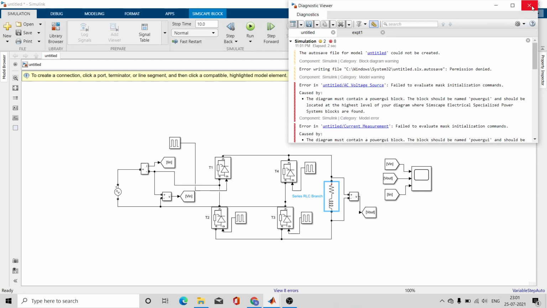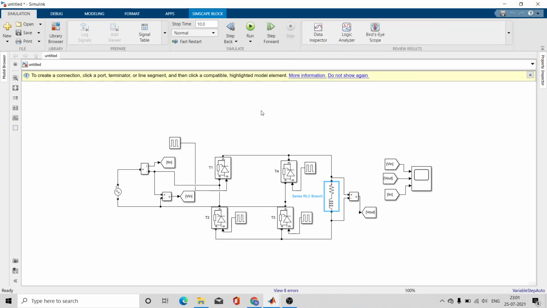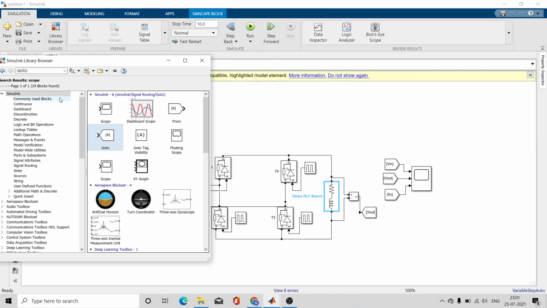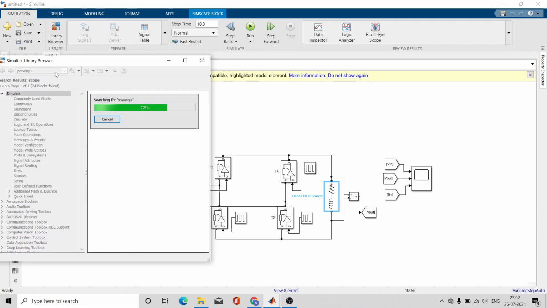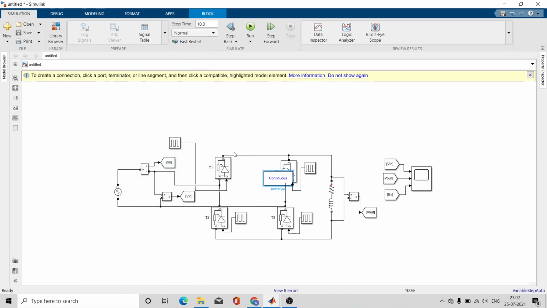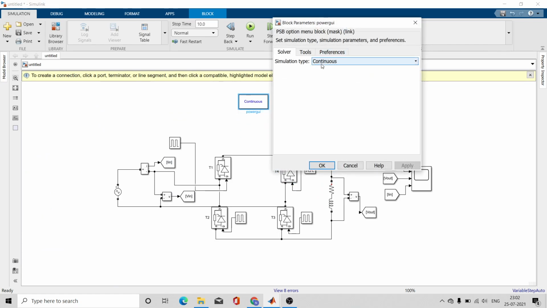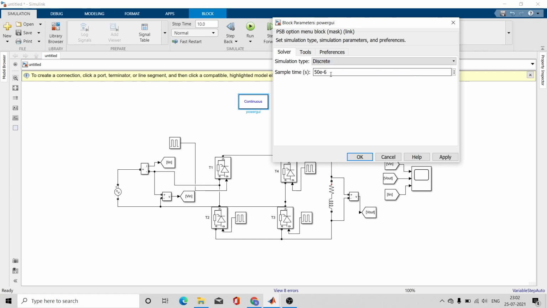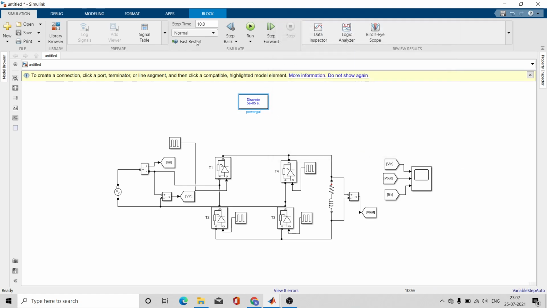Yes, one more thing that is remaining is the Power GUI block. This is very important, without which you cannot run your models considering these switches and all. Okay, Power GUI. So click on it. I am considering the simulation type as discrete. Apply and OK.